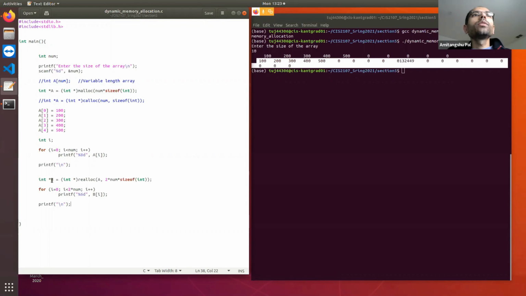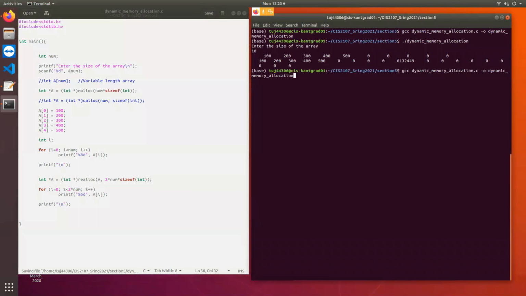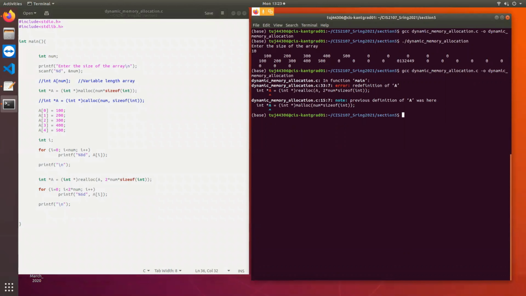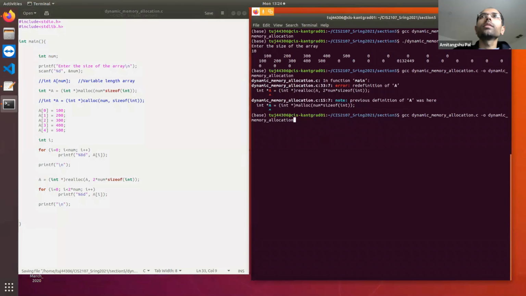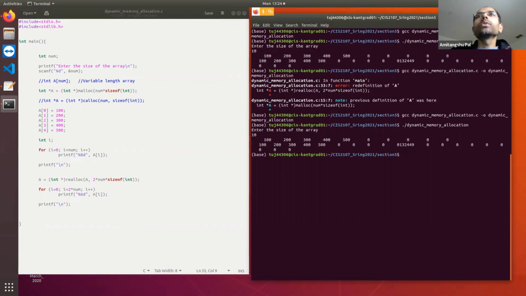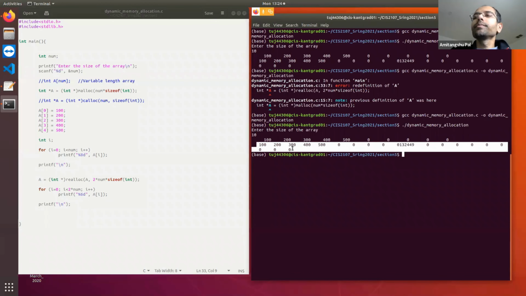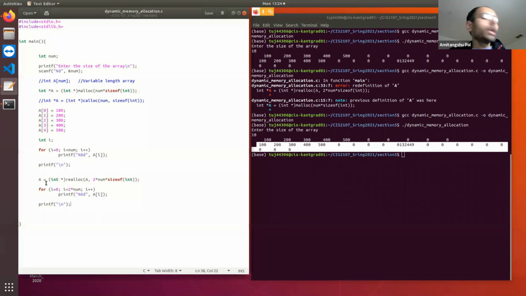Yes, you can reallocate into A also. Redefinition of A. Yeah, you can reallocate to A, but here the error is given because I have declared A twice. So you can reallocate in A. That will not give any problem. I have reallocated in a different pointer for a purpose.